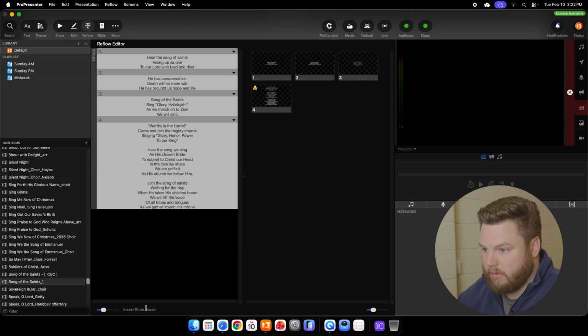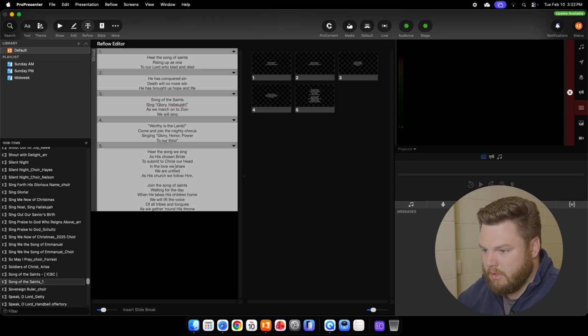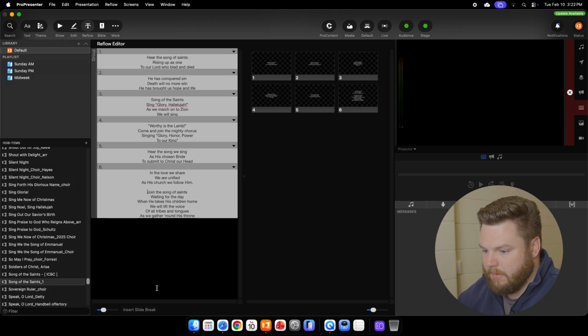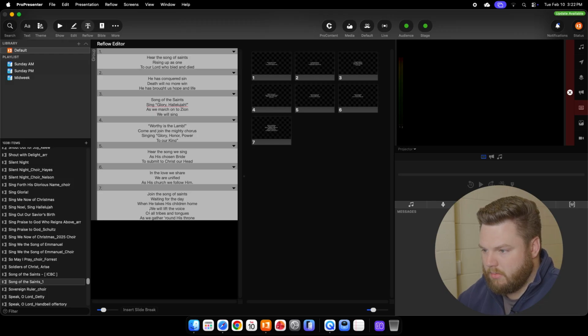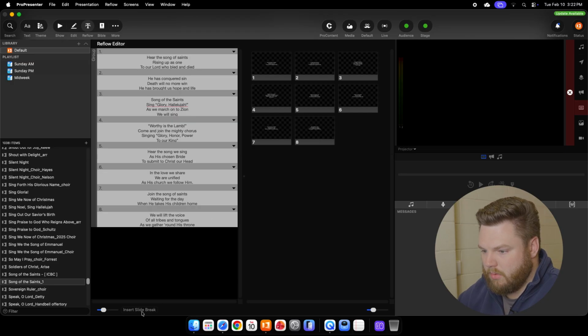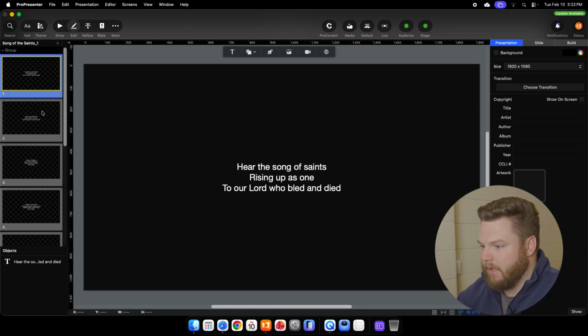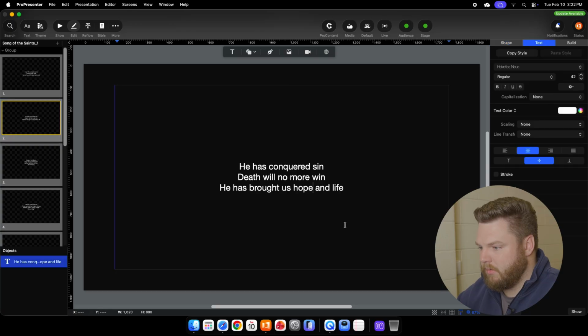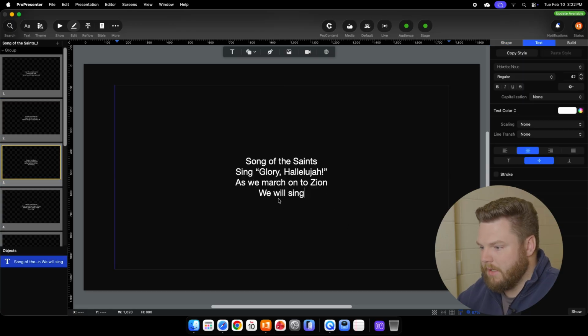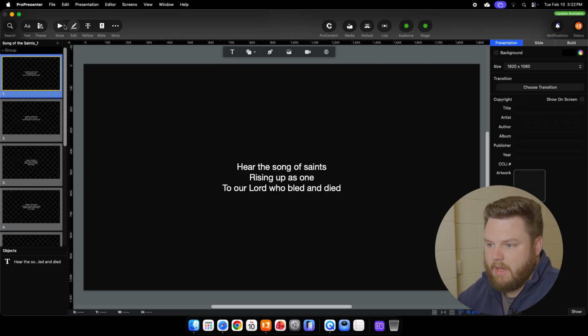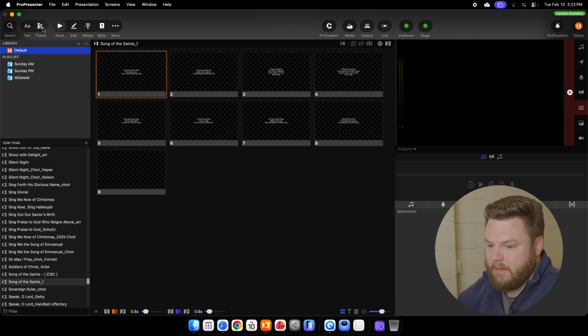Insert a slide break to start verse 2. We'll do a slide break in the middle of verse 2, and then a slide break there. Let's do one more right here. And then let's add a blank slide at the end. Let's go back to our editor, and we'll see that we've added our slides, and they are now each individual slides. What we need to do now is apply our theme,